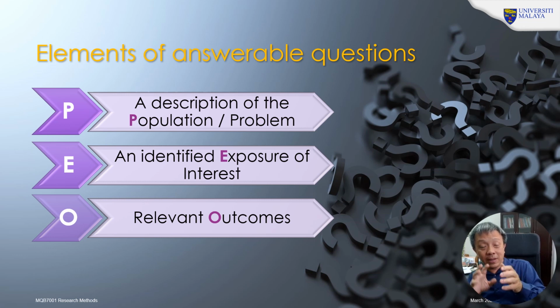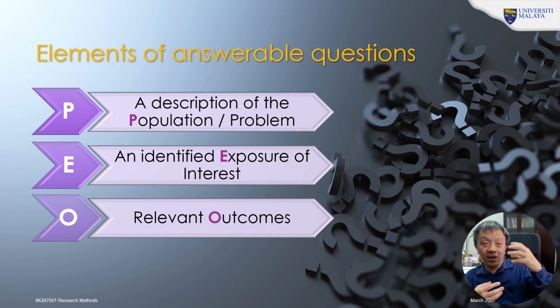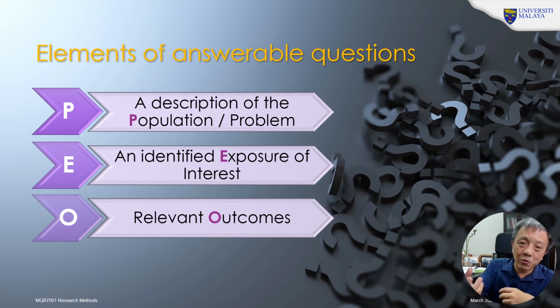Or chemical hazard in the workplace, or psychological hazard in the workplace. It's an exposure. Exposure can also be genetic exposure, sexually transmitted disease, infectious disease. Exposure can also be the type of food you take,